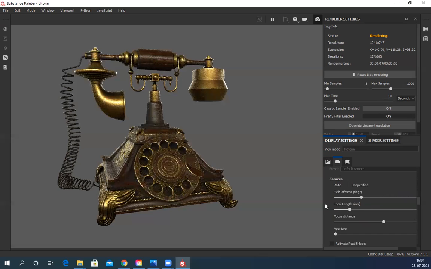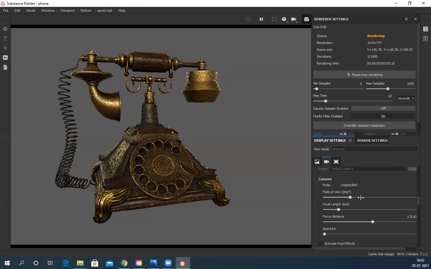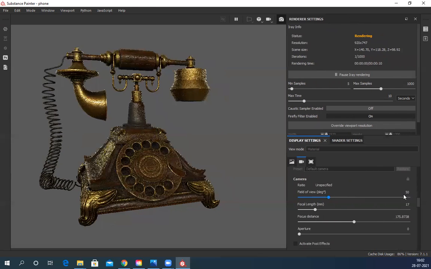Camera, FOV, all these things I can also manipulate. Right now it's 50. 50 is a decent size.